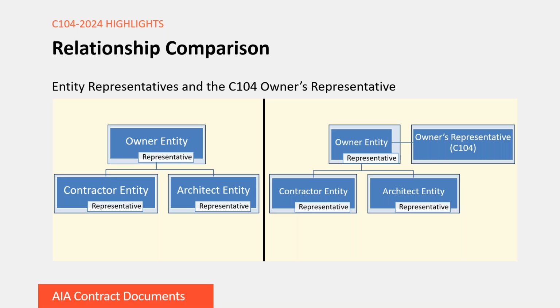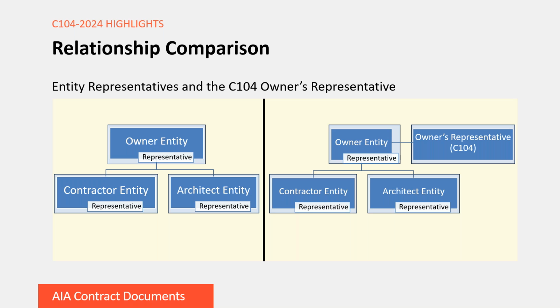So then you see on the right, you have the same conventional contract structure, only the owner's entity has now retained a third-party representative to perform the services that we've discussed during this webinar. It's helpful to note that since this is a standard form agreement, the list of limitations on the owner's representative that we reviewed in the previous slide may be amended based on the parties' negotiated relationship. For example, the parties may wish to remove the standard form limitations or allow the owner's representative to act on behalf of the owner subject to monetary thresholds. Really, considerations for the owner's representative's authority should be discussed prior to executing the C104 agreement.